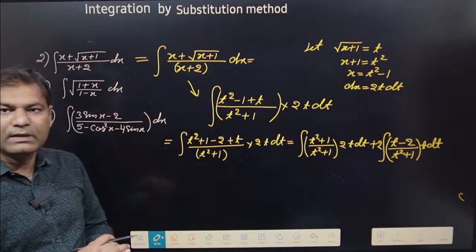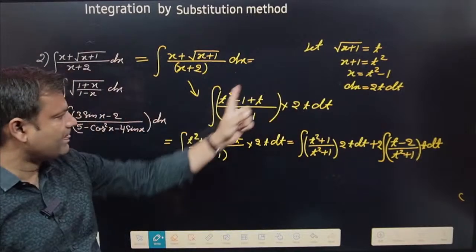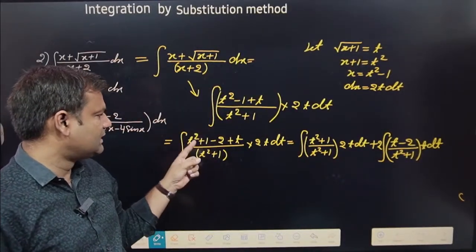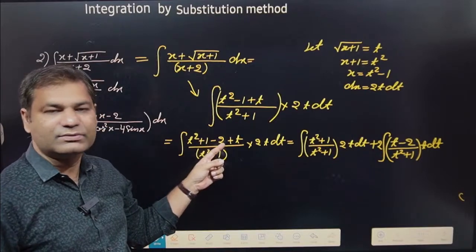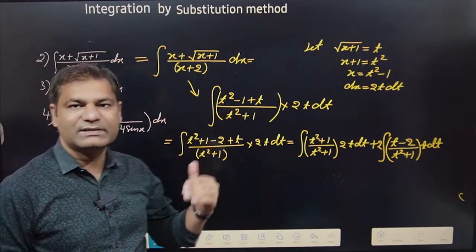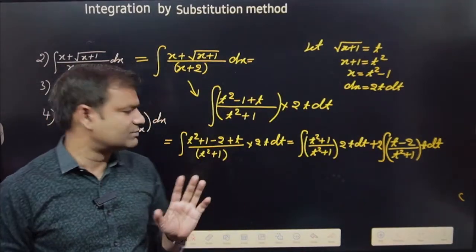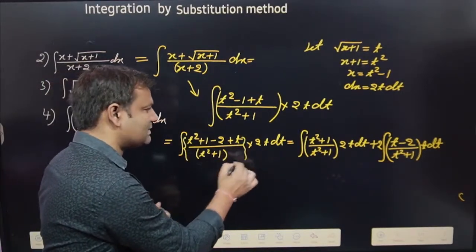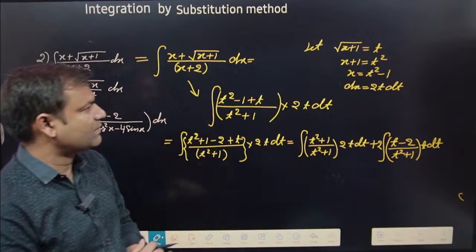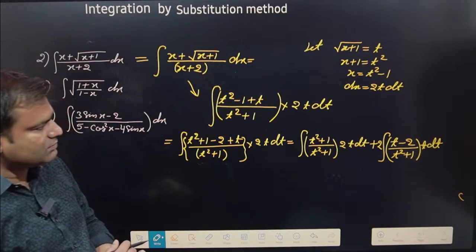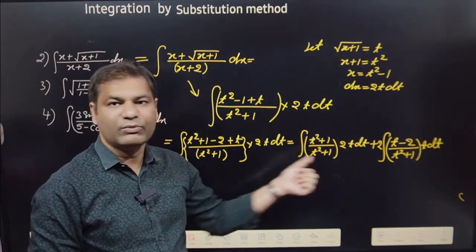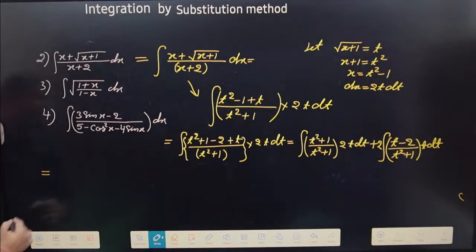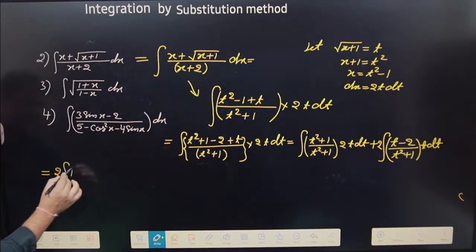Okay, very simple. One is adding, one is subtracting, then we got how much? t square plus 1 and minus 2. Here minus 1 is also available, so minus 1 and minus 1, that's minus 2. Here 2t dt. Okay, now what about that value? Simply 1 into 2t, so you write now here 2 times t dt,